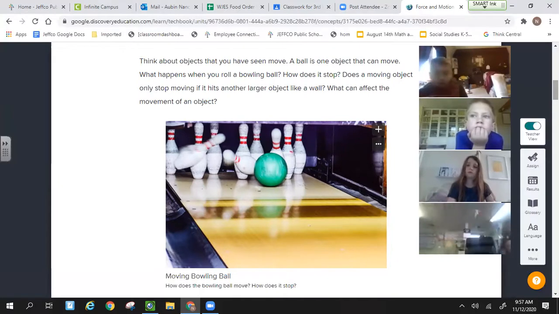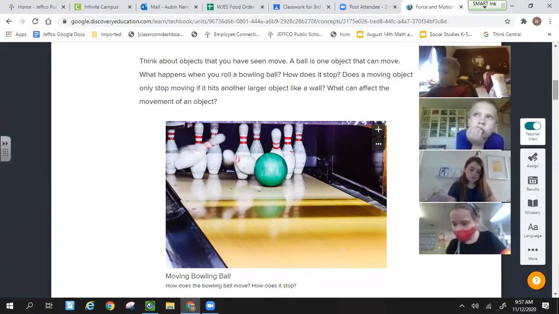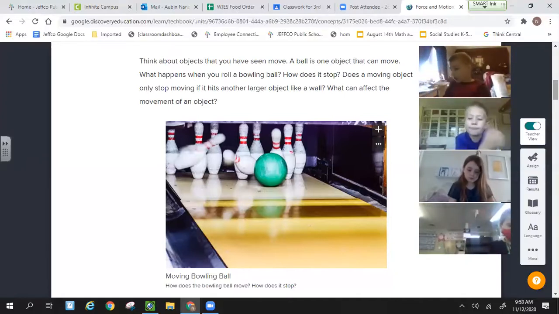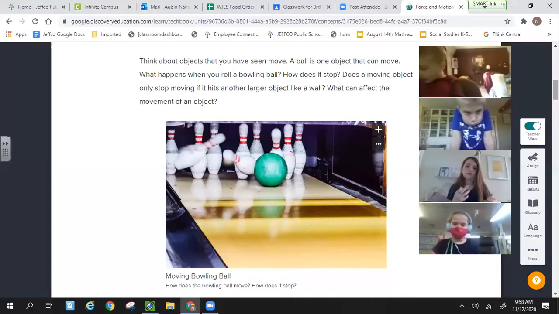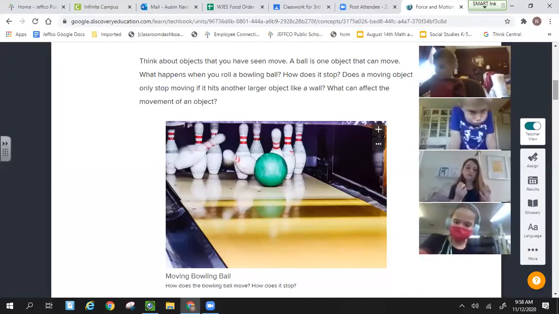Like these little things for kids. It's like a little ramp. You put the bowling ball in there. Oh, that's awesome that you brought that up. That ramp, and we'll be doing a little experiment later thinking about angles and how that helps with our motion. Did you have something to add? Yeah, the person walks and rolls it to knock down the pin. Very good. August said the person walks and then rolls it down to knock down the pins.